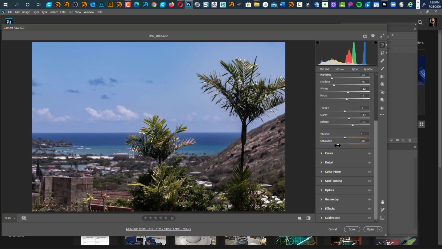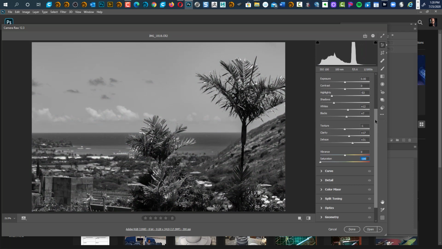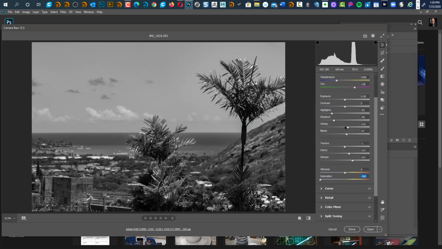All right, let's pull out the saturation now. I can see its saturation's right about there. Good job. I'm going to pull it all out and take a look at this black and white image. All right, what more can be done? Let me take a look at this. I'm going to take a look at your blacks. That's your blacks. Look at your shadows. You brought your shadows down. I probably would bring them up like this. Bring them up just a little bit,